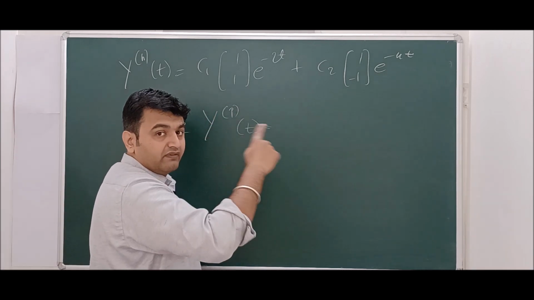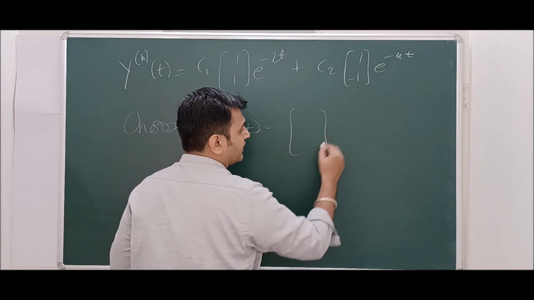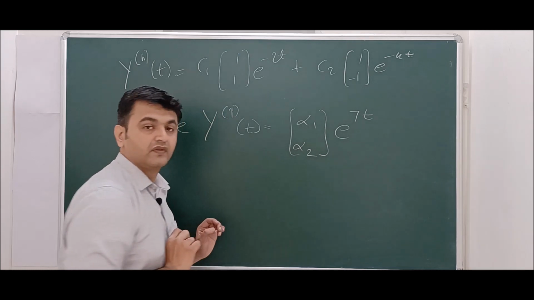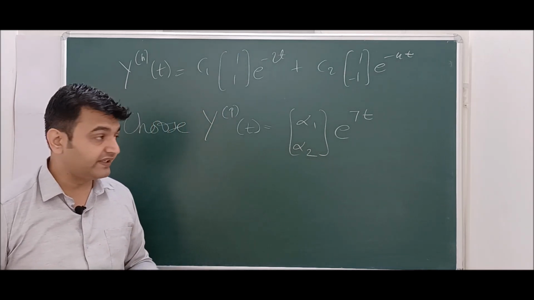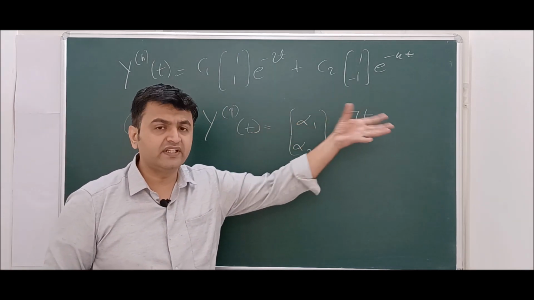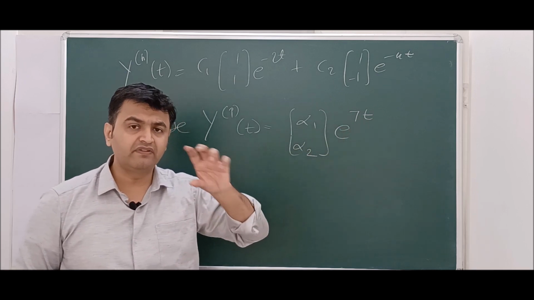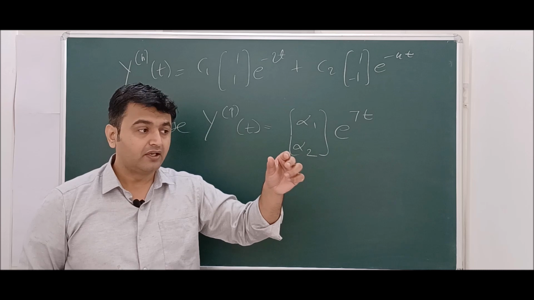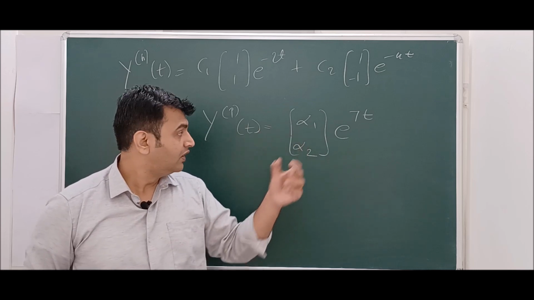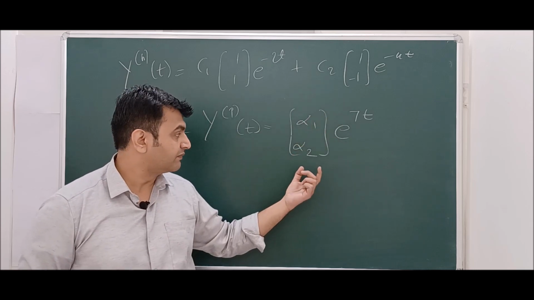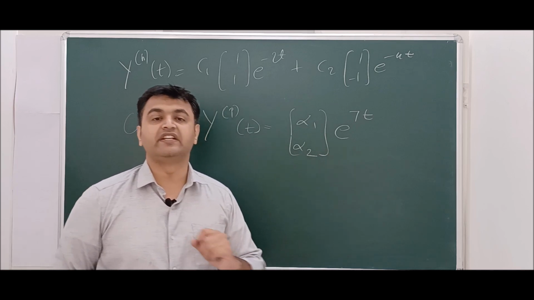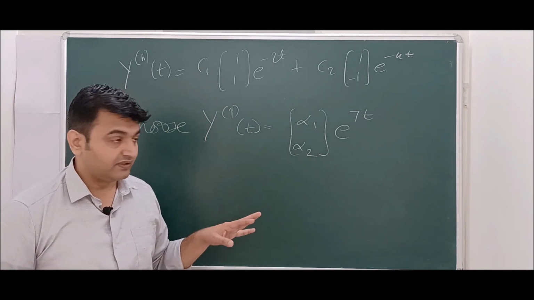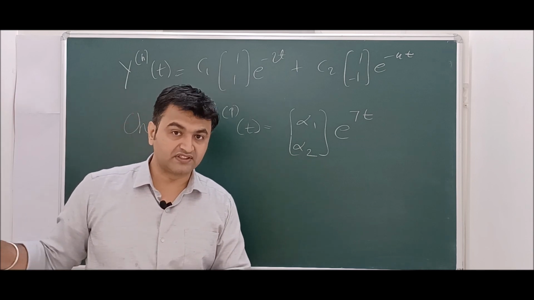Now you have two equations. So it will be a vector over here. So e raised to 7t and here say alpha 1 and alpha 2. So that's the first difference. There you had some c into e raised to 7t, some constant. Why one constant? Because you had one differential equation. Okay. Now here you have two differential equations. So you will have these two constants. That means a vector into e raised to 7t. So that's the first difference while choosing the YP in the system and without the system.